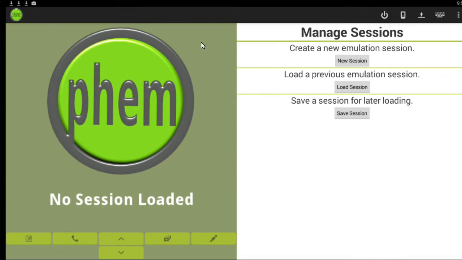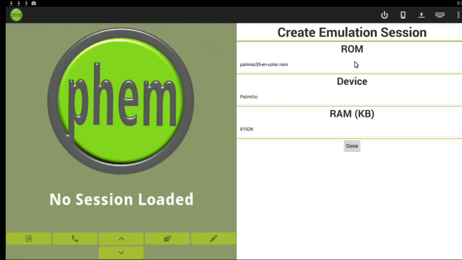So let's go into FEM, and a new screen should appear that says manage sessions, and what we want to do is we want to create a new emulation session. So go ahead and click new session. Now under ROM, the POM OS 35 EN color should appear in that section, and the device and RAM you could just leave the defaults, but just make sure for ROM it says the POM OS 35 EN color.ROM. Go ahead and click done,